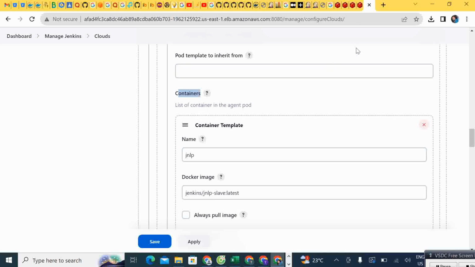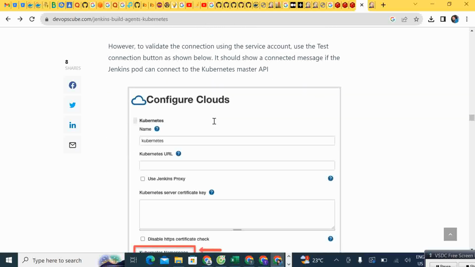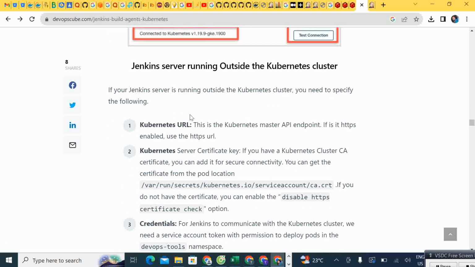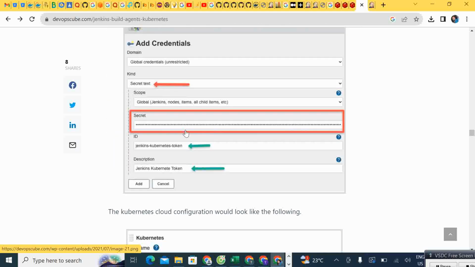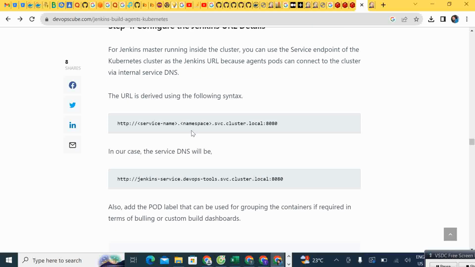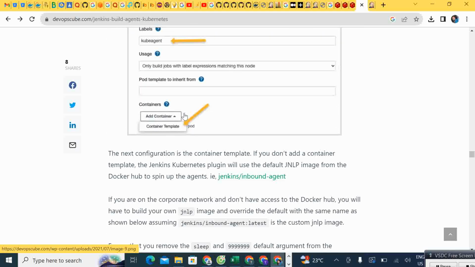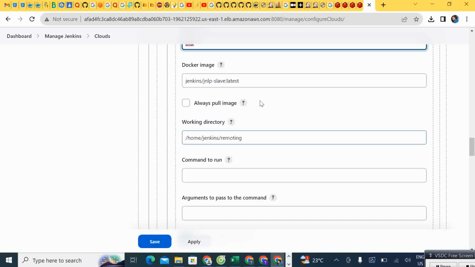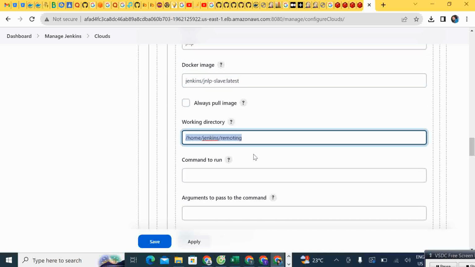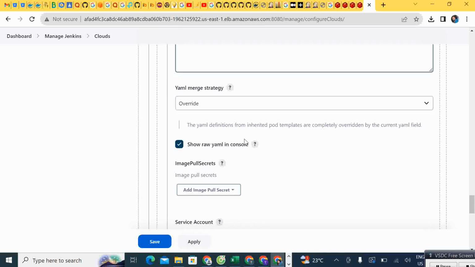After that, you need to click. I will show you what the image is. This is done, this is done, this is done, this is also, then connectivity is done. This is also done. Pod label also done. Here container, the first time it will show a container template. Once you click that container template, it will show the container template. Just add the JNLP name and image name and remote location, and just allow that, and then save